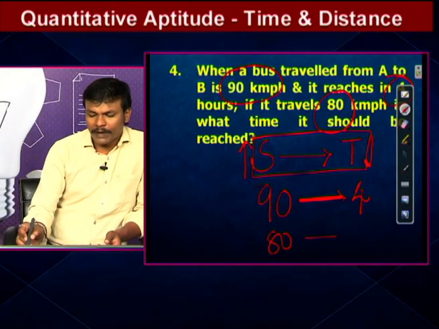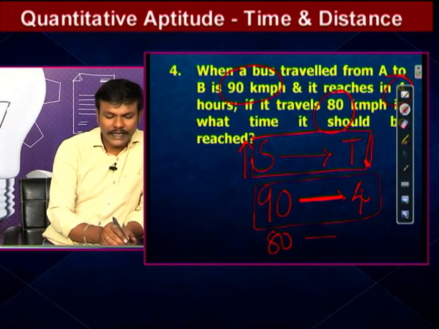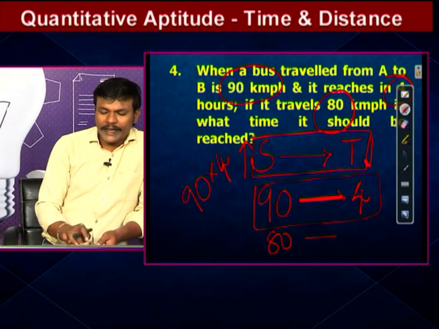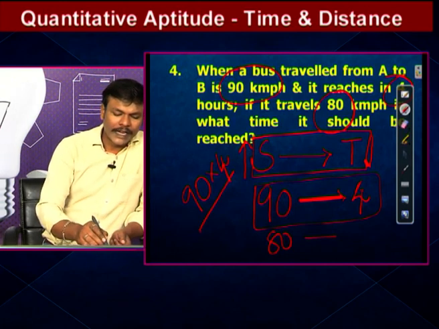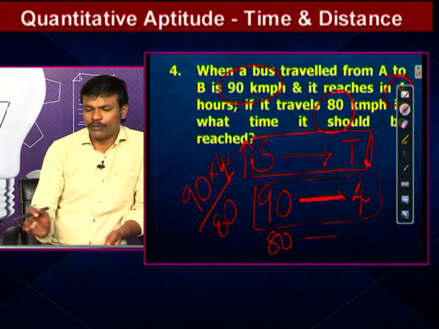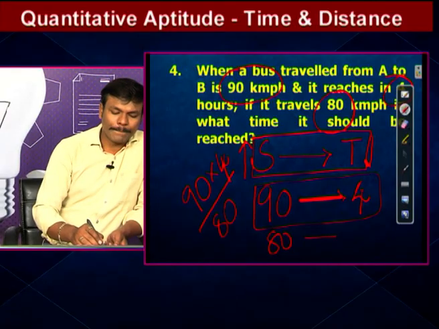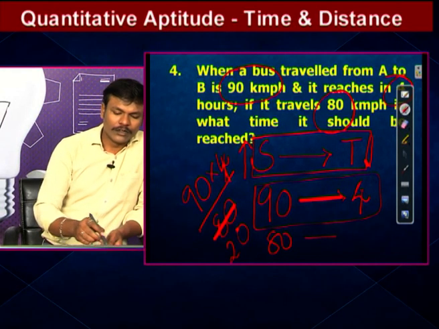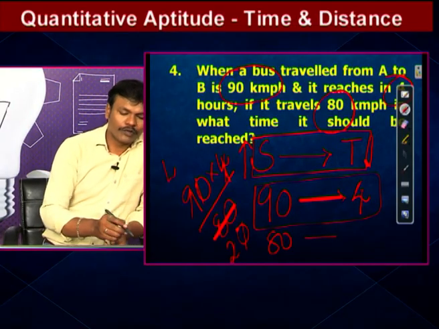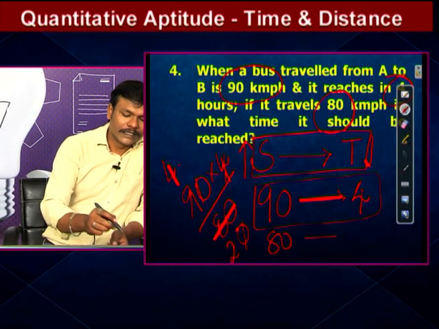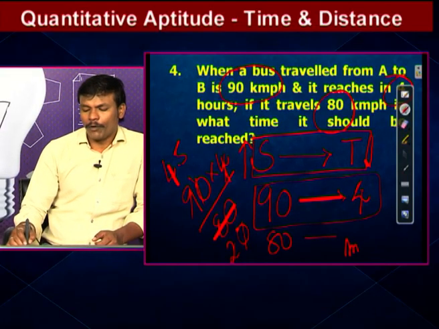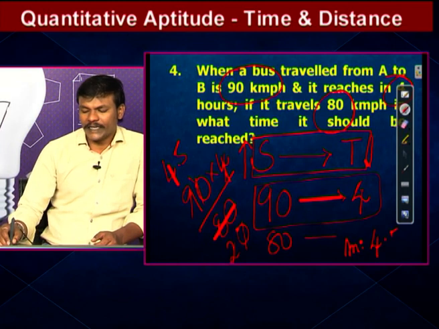Inversely proportional, we are multiplying these given terms, that is 90 into 4 multiplied, and 80 km per hour is taken as the denominator, 80. So when we have inversely proportional, we apply the straight multiplication of 90 and 4. Okay, 0 and 0 will be cancelled. 9 by 2 is nothing but 4.5 hours. So the answer is 4.5 hours of time he has taken.